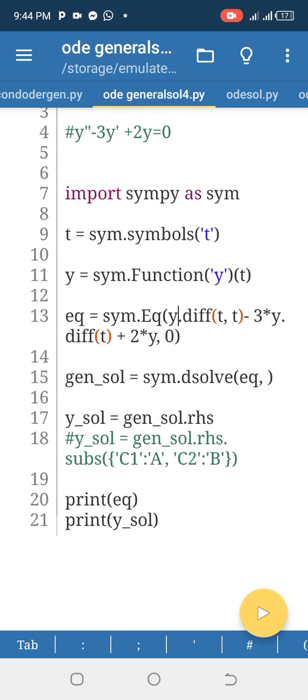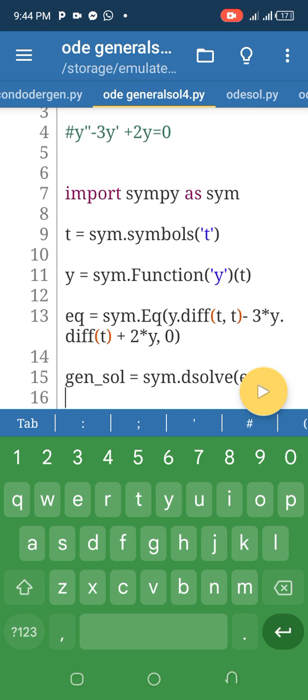What we put after a comma is the value that is on this side of the equal sign in the differential equation. So since on the other side it is a homogeneous equation and f of t is equal to 0, then we put 0, then we close the brackets. So we are going to use the function, maybe we can call this one, okay, we can leave it as general solution